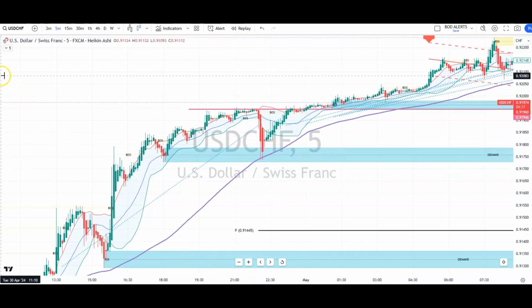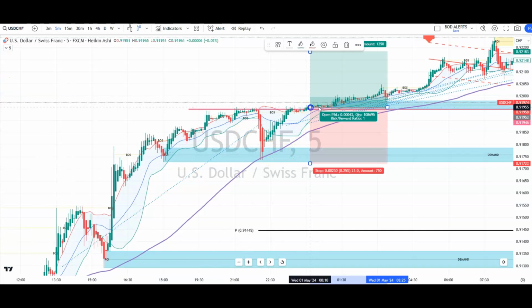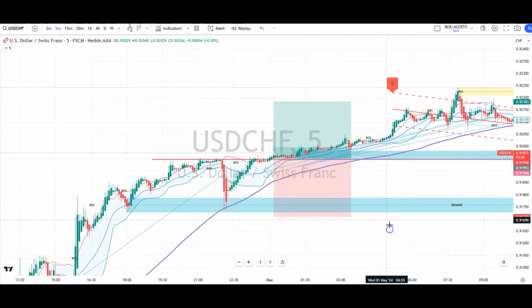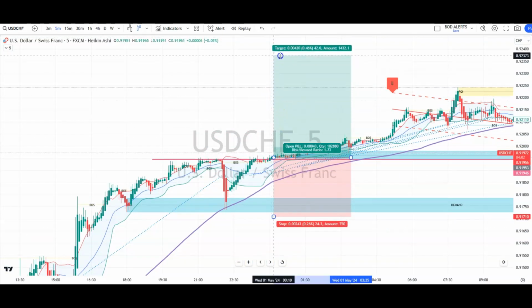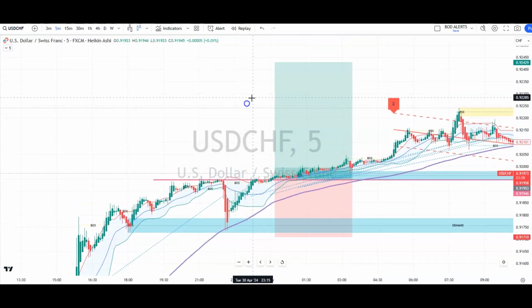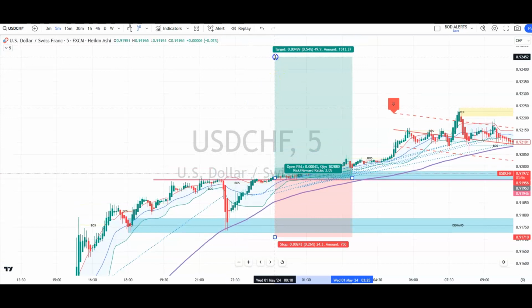So let's get our tools and put it just above the break of structure. Swing low, 24 pips, and you're going for 2 times minimum. You don't want any less, even if it takes longer to get to. There's your 49 pips. Now the intraday charts are fantastic because quite often we're not seeing it because of obviously